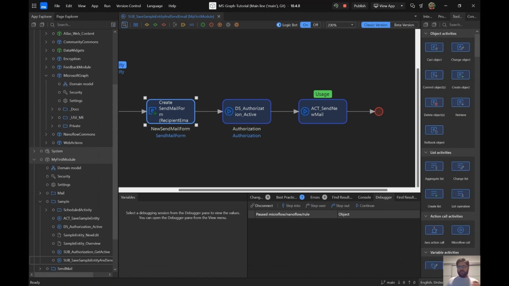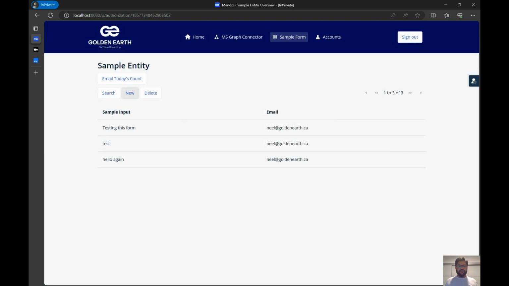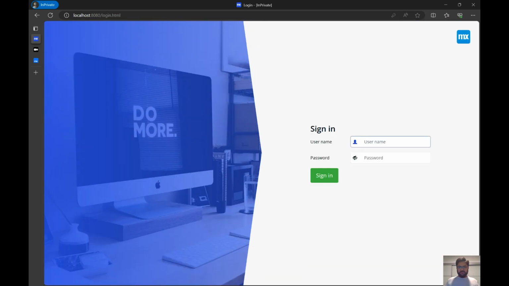Now let's go back to our application and see. It says email sent successfully, right? Now this is from the admin. Now how do you let your users access these kinds of things? When you're giving access to users, you have to be very careful about what access you give them. So let me sign out and